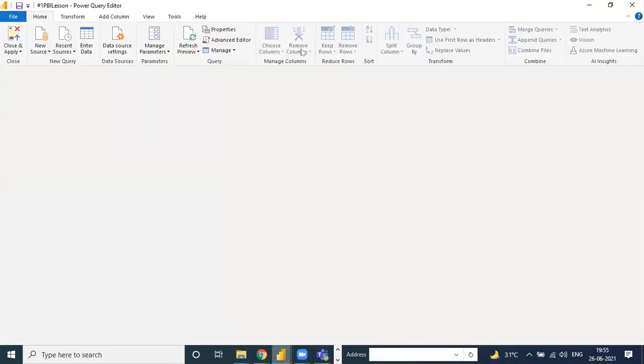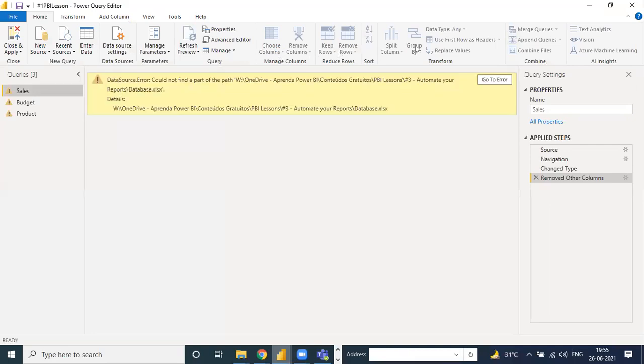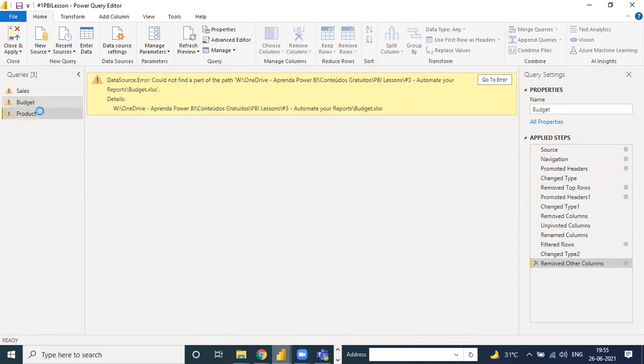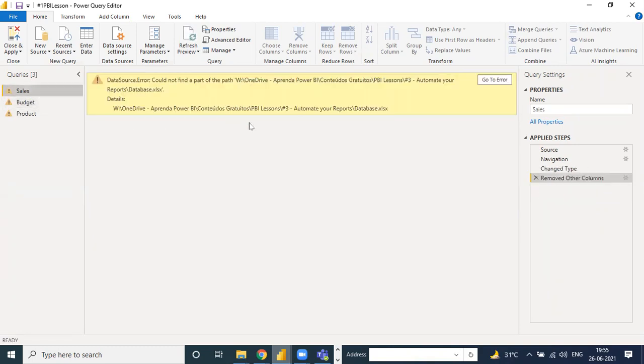Like remove column, choose column, keep rows, and how to automate or make any error changes. Suppose there is a data source error, how do you go to the error and settle it into the correct format? Because like in VBA, you have seen some of the coding, and if there is any dot, it will show an error. The same kind of step is here. If any data has a stray dot, then it shows an error, and we work on how to correct this error.